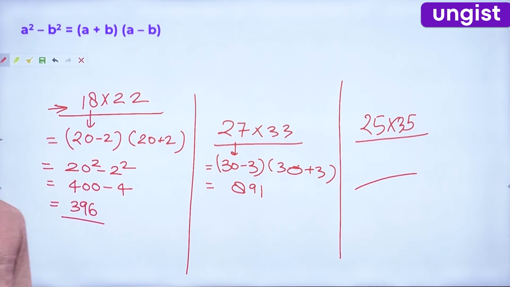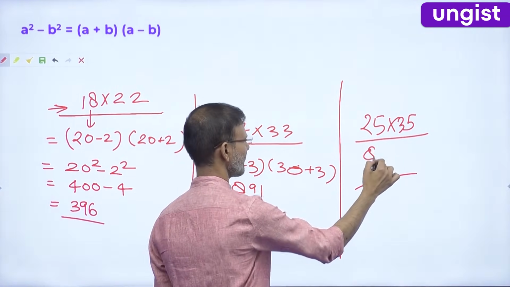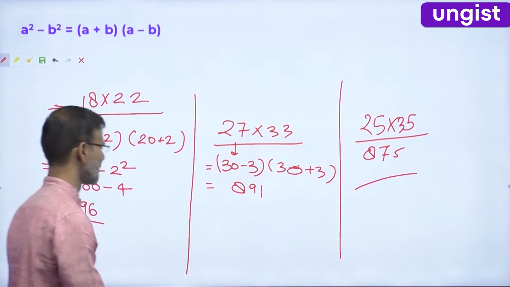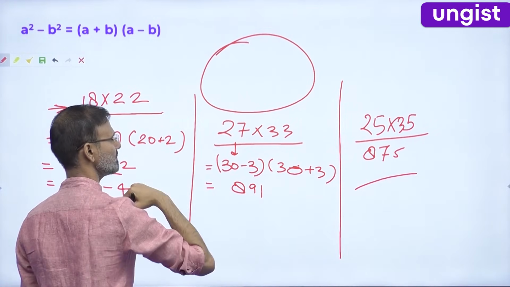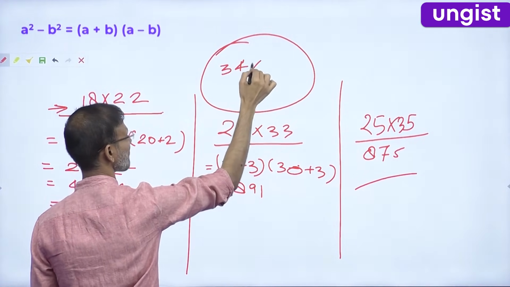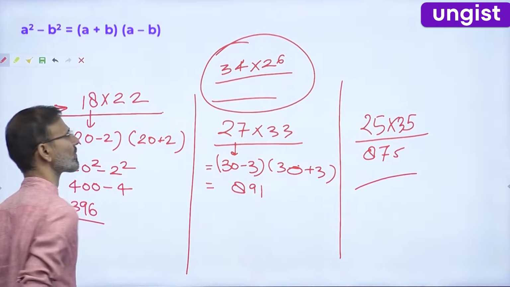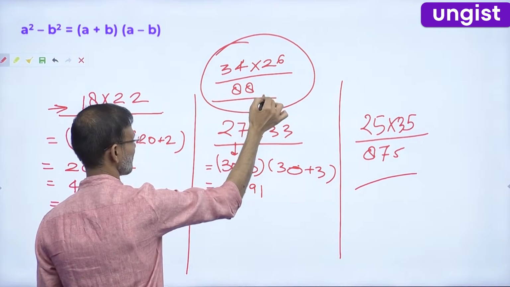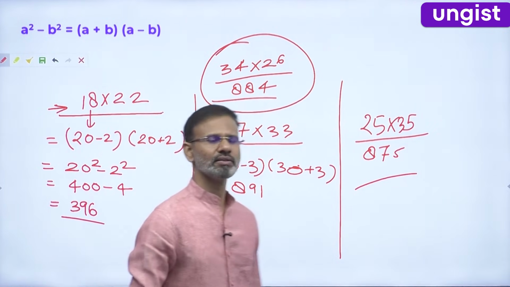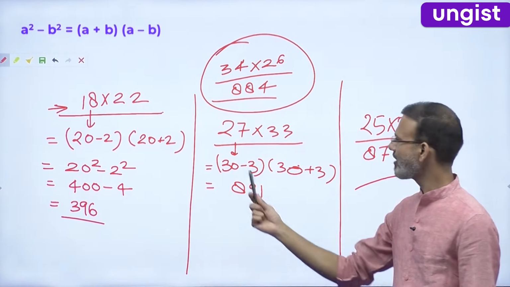Very good. The answer is 875. 30 square minus 25. Again, the next question. 884. 16 subtract होगा ना 900 में से. 884. अच्छा. Friends, what I'm trying to tell you is, here you are finding the average of the two numbers